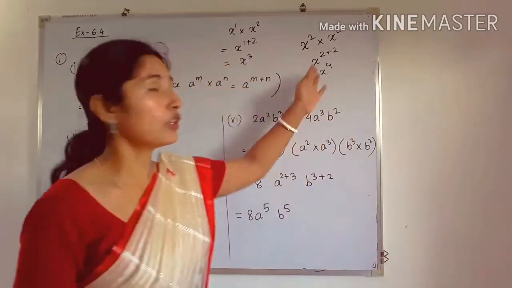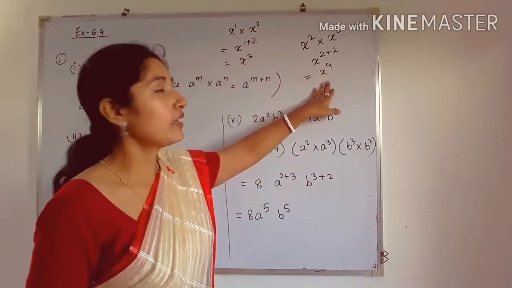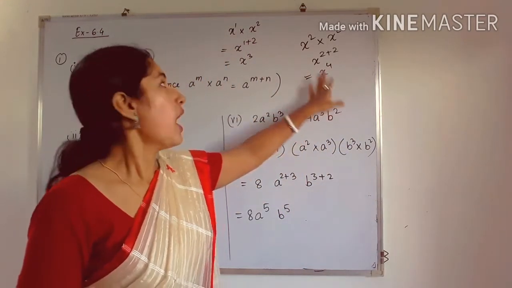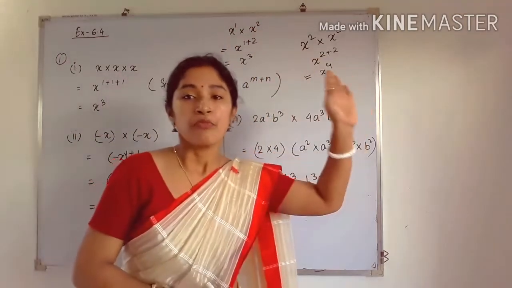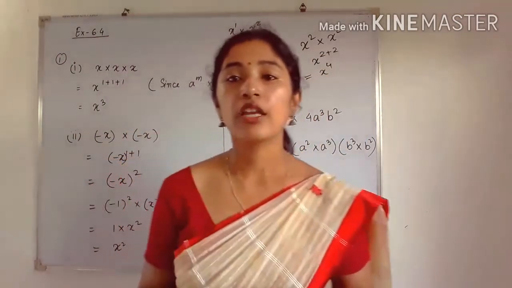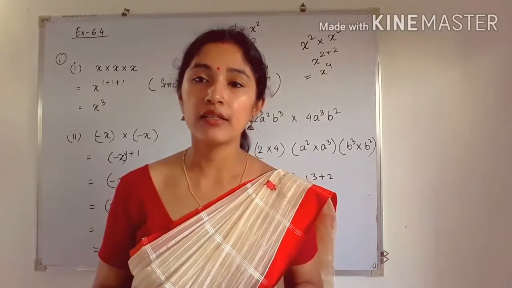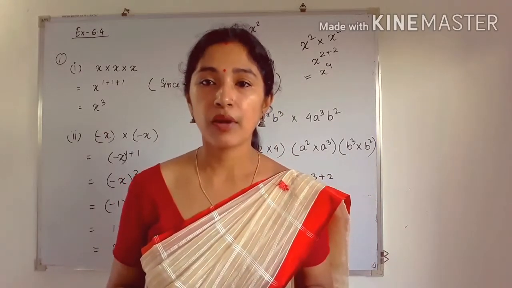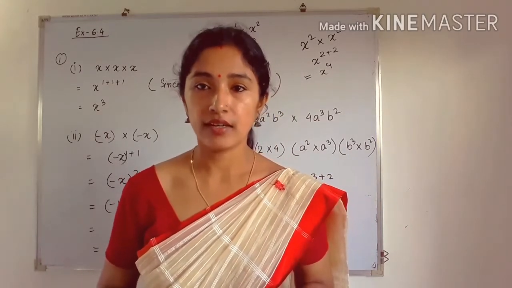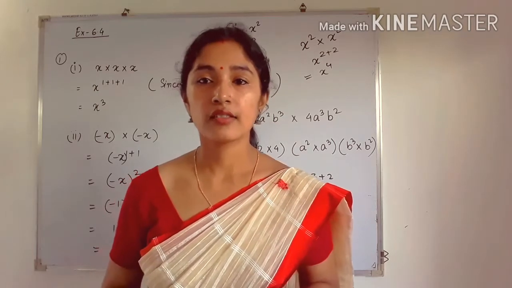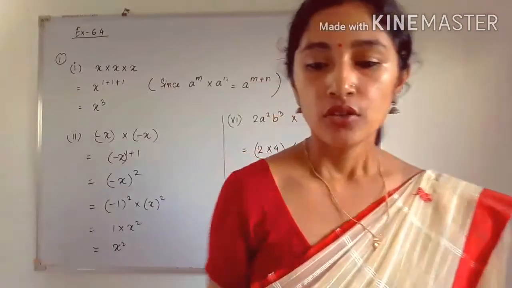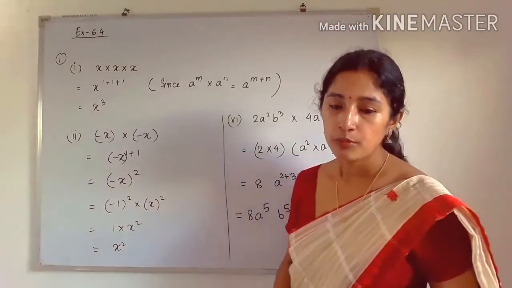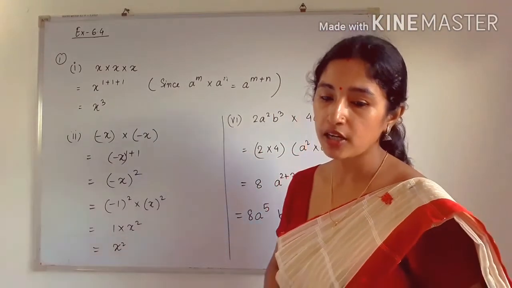As you have seen, I have given you two examples. This one is about multiplication of like terms, and this one is about unlike terms. Or you can say in multiplication the variable should be the same. If the variable is the same, then we can multiply the terms very easily, okay? So let us discuss the exercise, that is exercise 6.4, okay? See, in question number 1, find the following products.